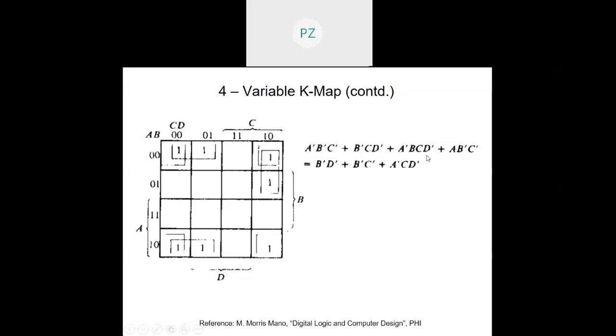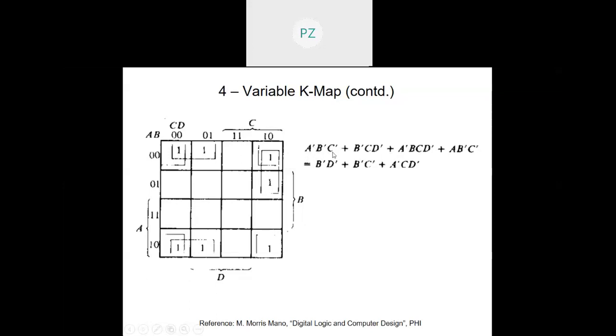Then this doesn't require any change because it already has 4 variables. And again over here I'll have to AND it with d plus d dash in bracket. So then only I would be able to get the canonical sum of product form when I open those brackets using this distributive property. But let us try doing it directly in the K-map. You see a dash, b dash, c dash. What does it mean? 0,